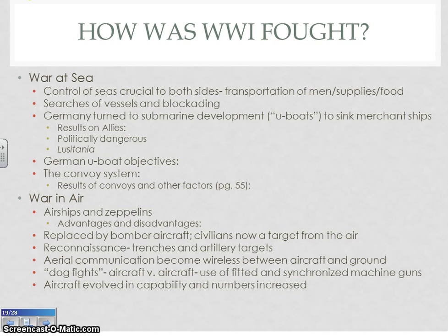If you look at the bottom of page 54, you can see that people realized that ships that had been sunk by U-boats were usually traveling alone, and they were unarmed merchant ships that did not have any type of protection. So therefore, the guy who was in charge of Great Britain at the time, Lloyd George, came up with this idea of a convoy system in which large numbers of merchant ships would sail together with a naval escort, thereby offering them at least some level of protection. It took some time for there to be complete acceptance of this idea, but eventually the people of Britain agreed,